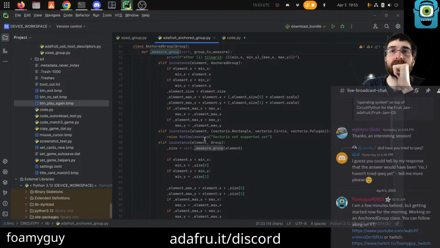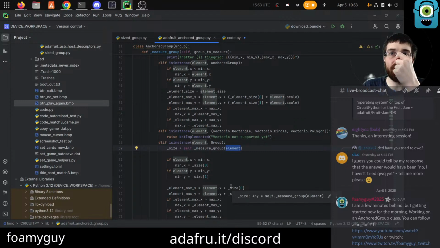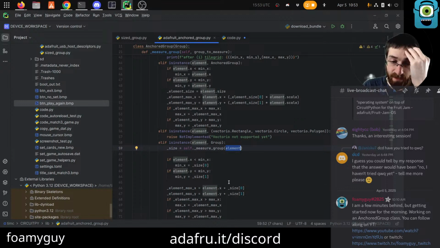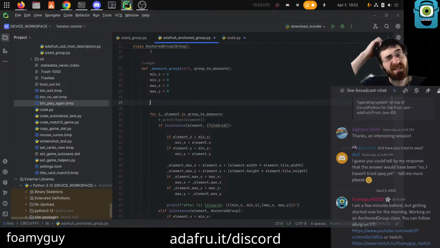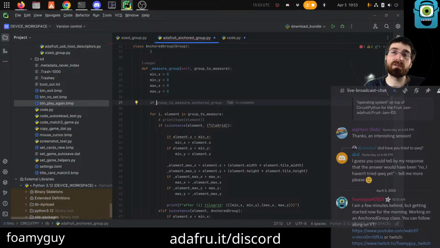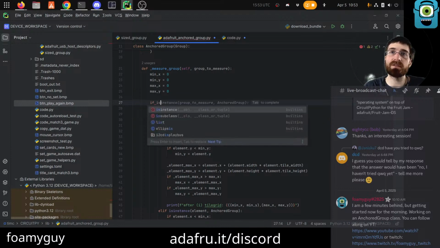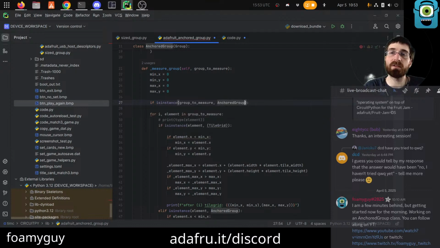We gave it a group, and so it turned around and called measure group on the element, which was, in our case, the label, the bitmap label. But the bitmap label is not a group. So I think maybe this is kind of cheaty. I don't know if this is the best way to do this, but